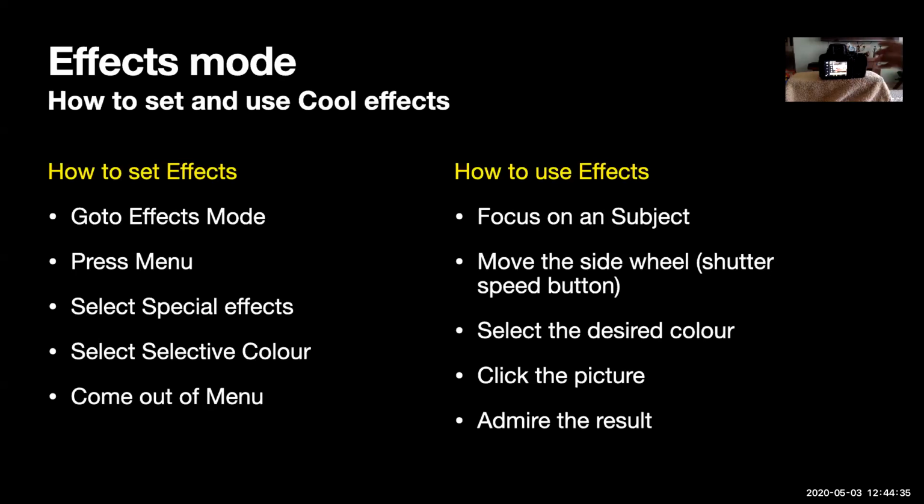One thing I want to show you was the selective color. Click on that. Okay, right now I have chosen the selective color. I'm coming out of the menu. Now, if you see on the right hand side, a new button has come. Basically, it is showing lots of colors. What it means is that I will choose one option here. Right now, it is selected on the red. If you use the command button on the right hand side, it goes horizontally. If you choose the command button, and you can monitor my screen, I don't know if you are able to see my screen, automatically now it is on blue.